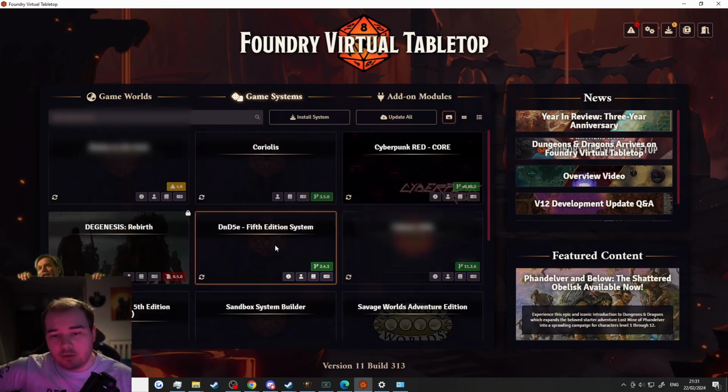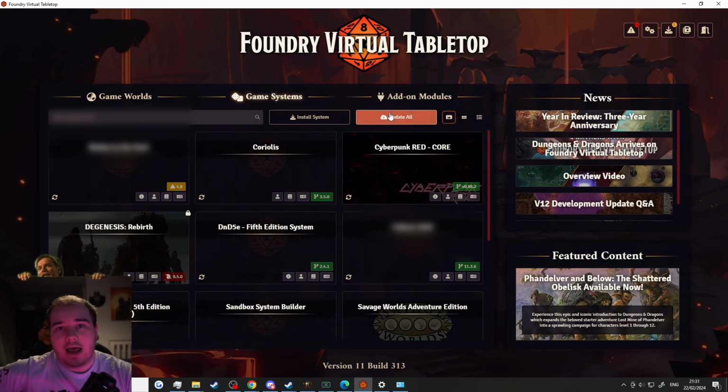If you want to update a single one, you can just click this symbol here to check for an update, and it'll tell you if there is an update available, and then you can install it. Or you can just click this, which will run a search for all of the different systems you've got installed and update them all. You've then got the third tab up the top, which is add-on modules,